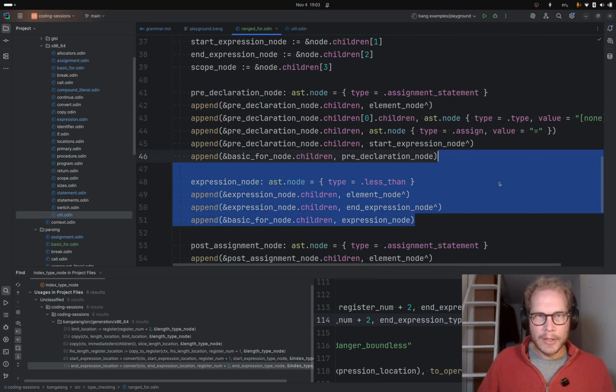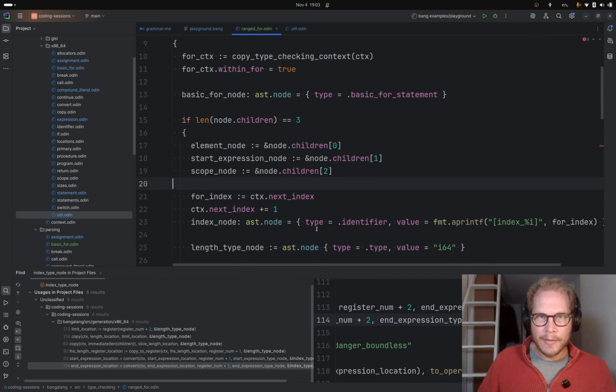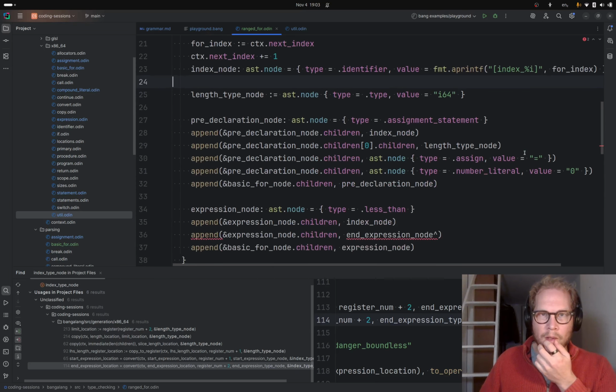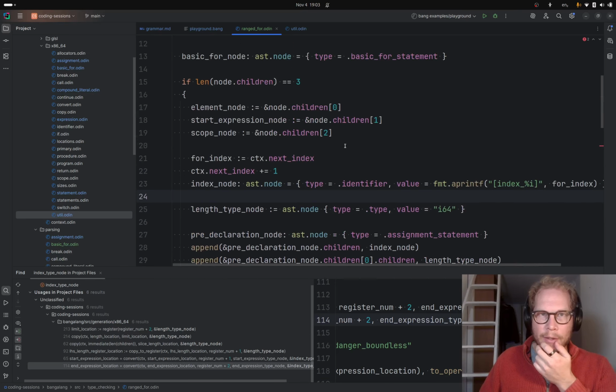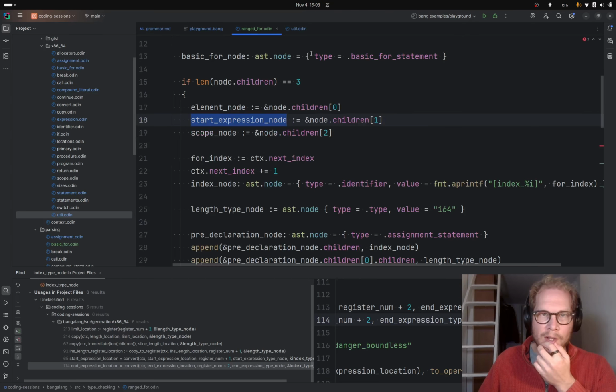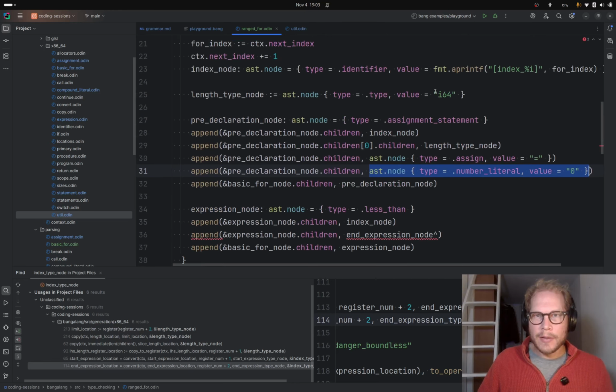Okay. Expression. While that index variable is less than the length of this start expression node. So the length of this is the start expression node. So how do we do that? I guess we create an